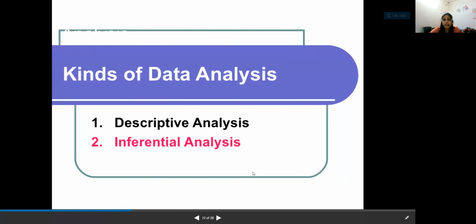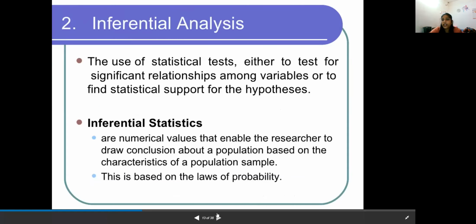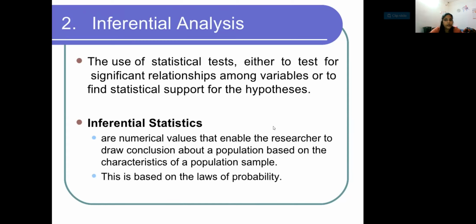Okay, you can go for two kinds of data analysis, descriptive and inferential analysis. Okay, inferential analysis, already we have discussed regarding descriptive analysis. Descriptive analysis we are doing to find out the characteristics of the sample, age, gender, occupation. We have to find how many members are represented in this age group, how many members have this much education, and then after that we go for the mean, we will find out the mean and standard deviation.